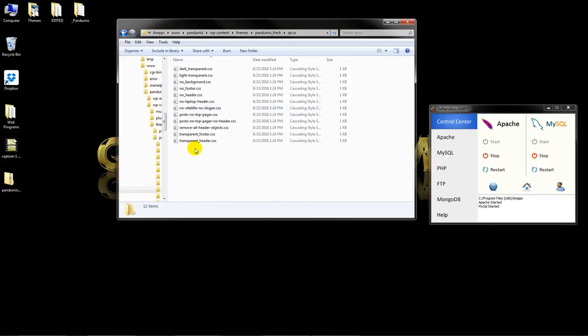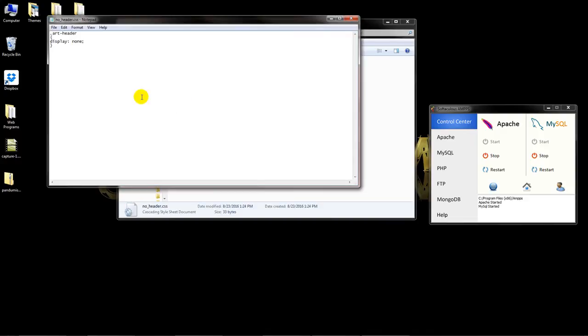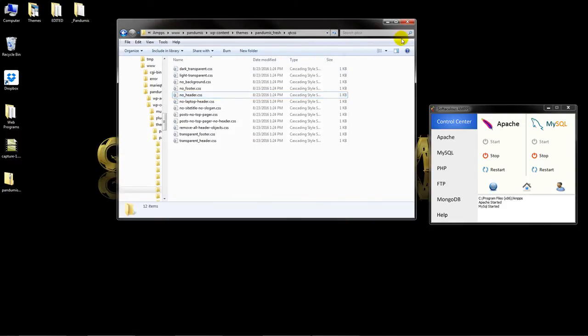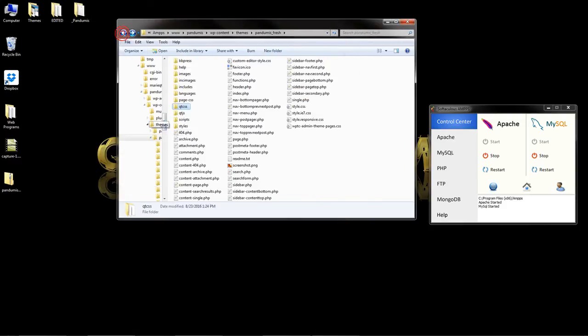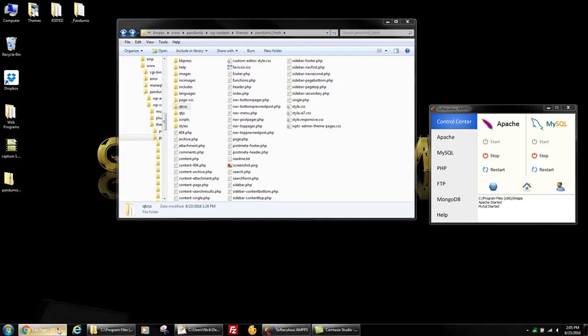So if you want to add more settings in here, all you have to do is create those files, make sure they end with CSS, and automatically it's going to show in the backside. So the no header is over here. That's all you have to do. Art header and display none in this case. So the big difference between the 2 systems is that besides having to